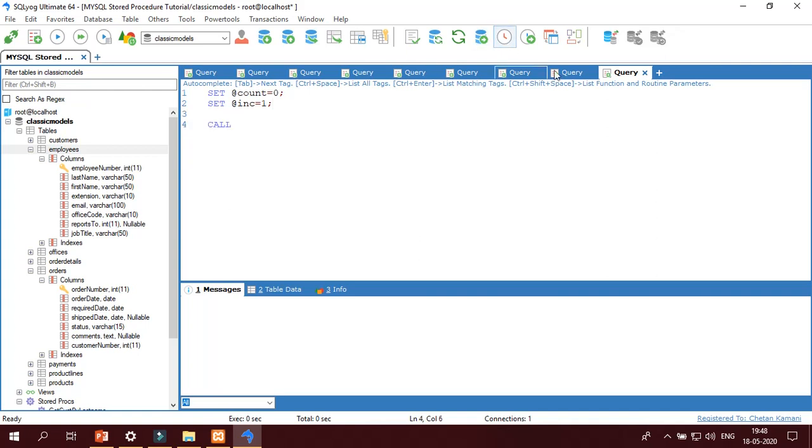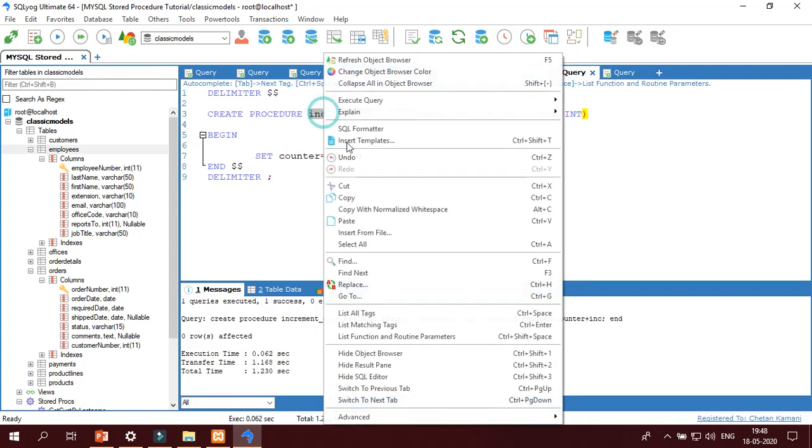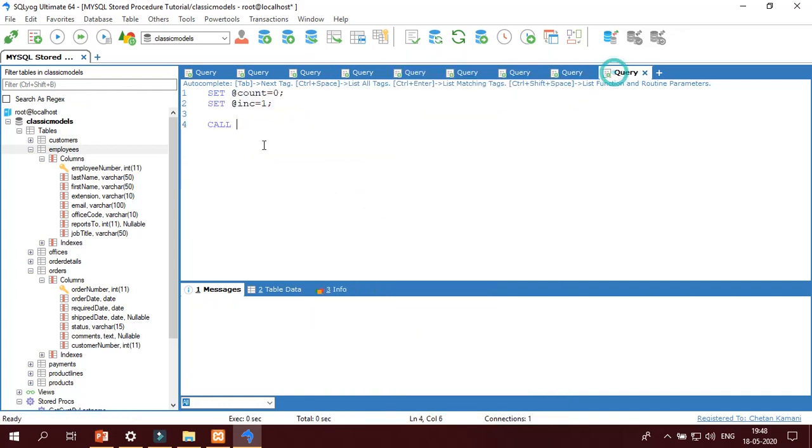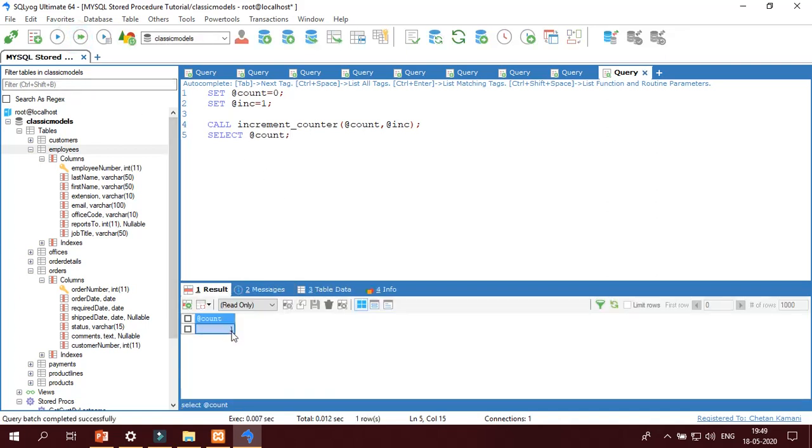I'm going to call this procedure, call increment counter, pass and specify @count, @increment. Okay, then select @count. Okay, we got one as the answer.